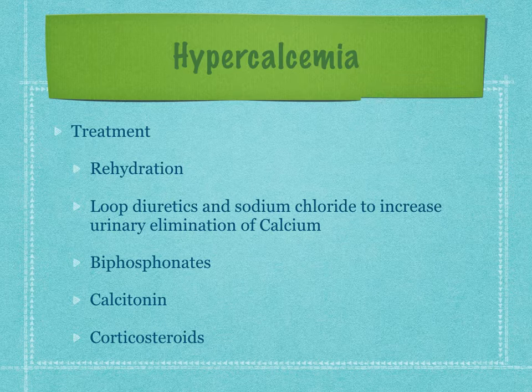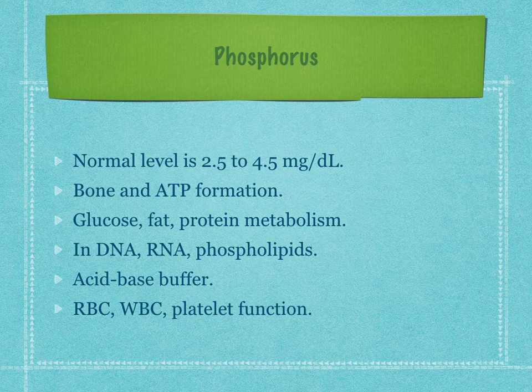Calcitonin also inhibits osteoclastic activity, and steroids inhibit the conversion of vitamin D to its active form, and they're used to treat hypercalcemia due to vitamin D toxicity and hematologic malignancies. So we've talked about calcium. Let's talk about its opposite